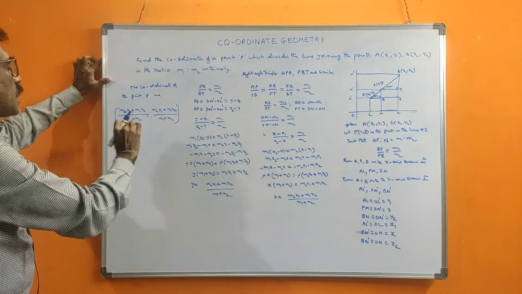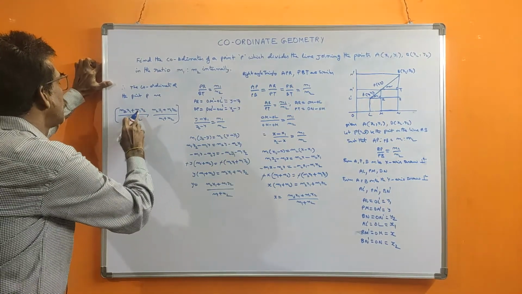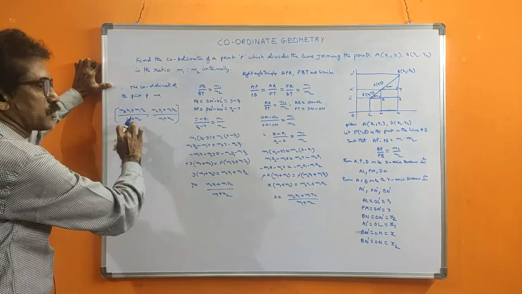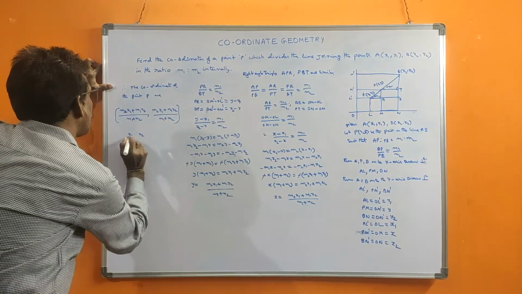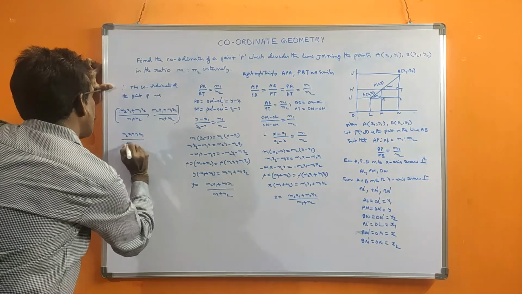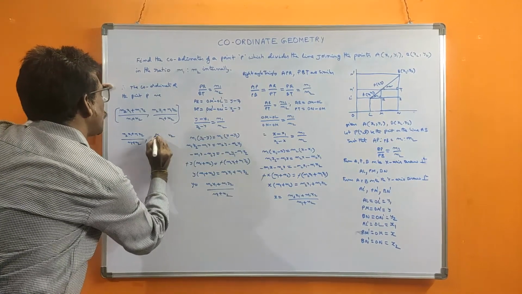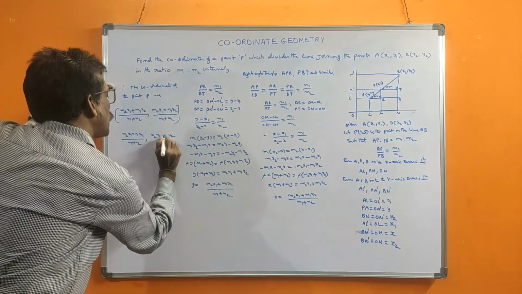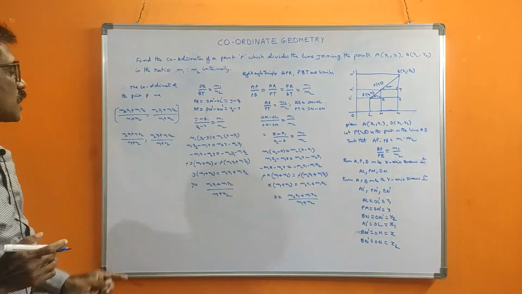To remember this formula is very easy. Why? The trick is nothing. See here, in the x coordinate only x will come, in the y coordinate only y will come. m1 m2 is there, x1 x2 is there; m1 m2 is there, y1 y2 is there. Suppose first write x1 x2; 1 is there means write m2, 2 there means write m1, plus, and down anyway m1 plus m2. In the same way y also: write y1, y2 separately. Now here 1 there means write the opposite, m2, and 2 there means write m1, plus, and m1 plus m2 down. Like that you can remember.